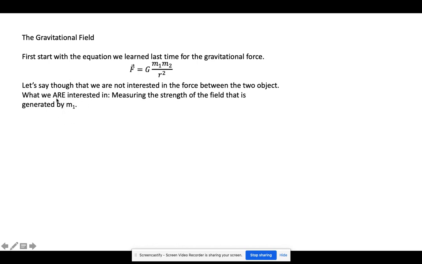I really don't care about what's going on with m2. I want to know, okay, we know that m1 is going to make a gravitational field, and we want to measure how strong that field is. We want to measure what m1 all by itself is doing to the space around it. So that means we're trying to ignore m2. So how does that change the math? Well, it's really not that hard. You just take the same equation and you literally